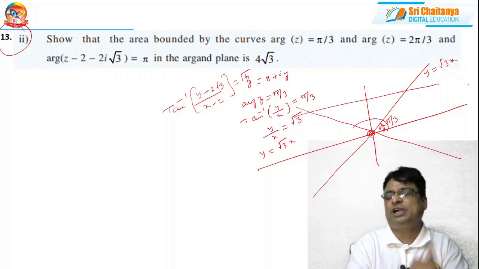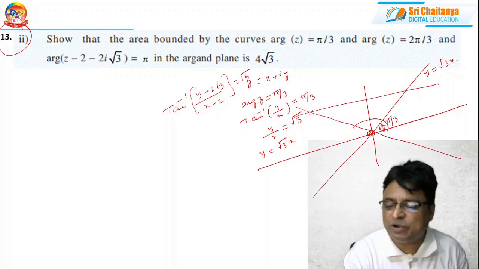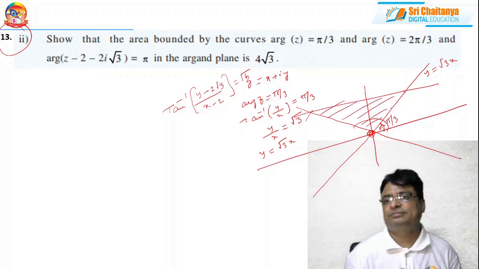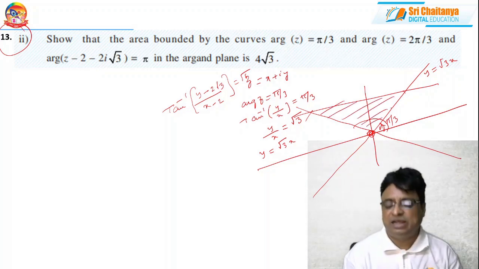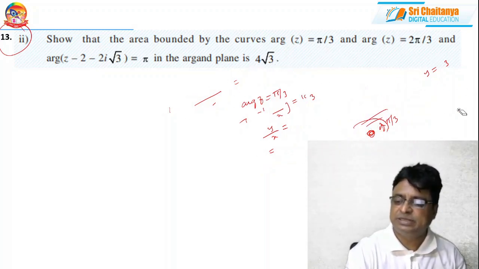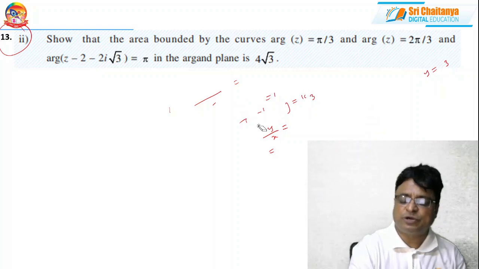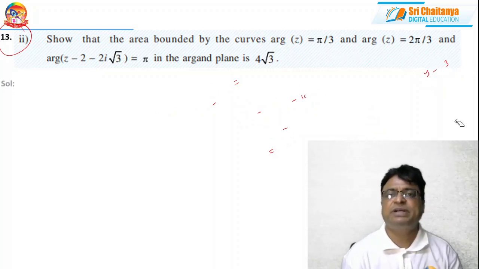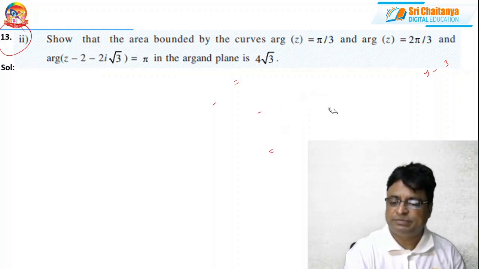Like that, you got 3 lines. So, thereby you got a triangle. Now, we want the area of this triangle. That I am clearly explaining through the hint like this. You please practice and please note down all the steps very carefully. You will get the idea. See my friends, solution.